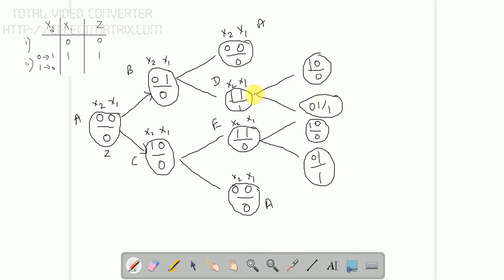So this D state is going to the C value, and this is also the C value, and this is the new state which is occurring. 0 1 by 1 is a new state. We have only 0 1 by 0, but here we have 0 1 by 1, which is nothing but the new state. So after the E, I am taking this as F.